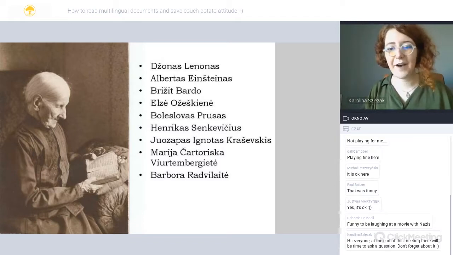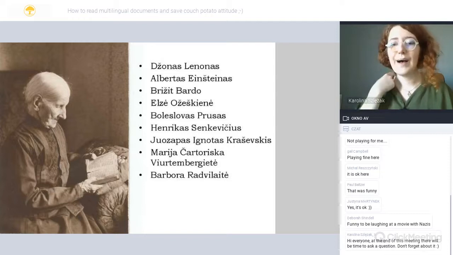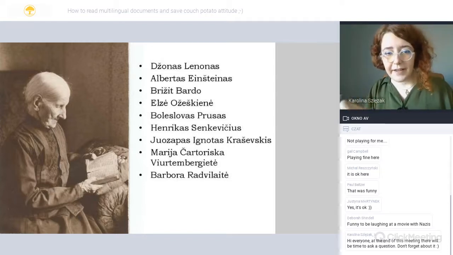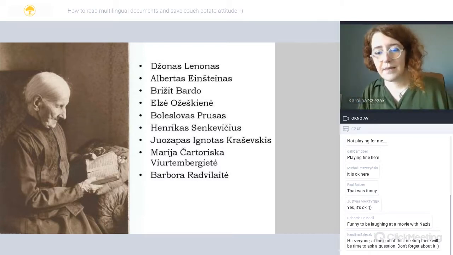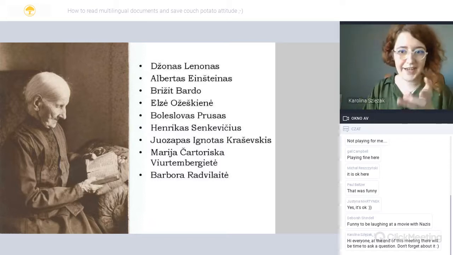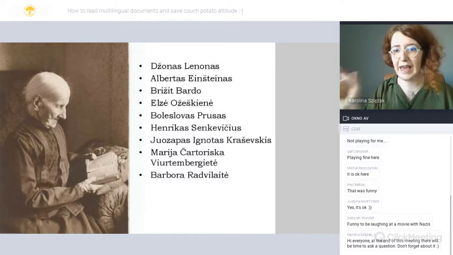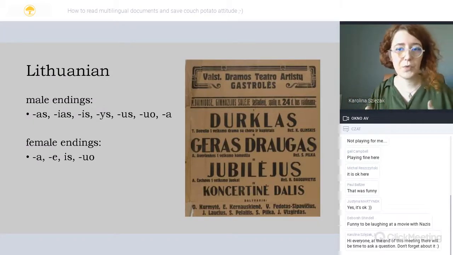So we don't have, for example, John Lennon, but we have Jonas Lennonas, Albertas Einsteinas, Brigitte Bardot, and almost everything ends with "as". And sometimes we may wonder, why does it look so? It looks that way because the "as" or other endings are added